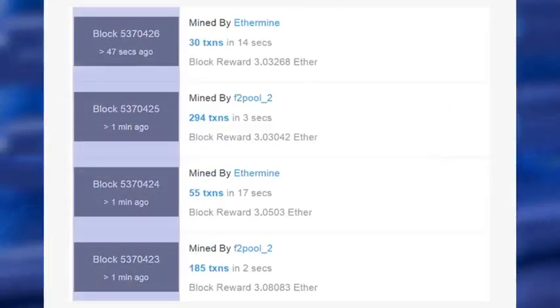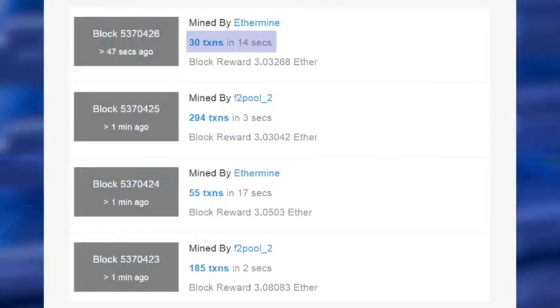Here you see 4 blocks mined with 30 transactions, 294 transactions, 55 transactions, and 183 transactions with an average block time of 8 seconds. This variable block size, along with ASIC resistant POW consensus algorithm, have improved the transaction rate. It is expected to improve further when Ethereum moves to proof of stake consensus protocol in an upcoming hard fork in 2018.